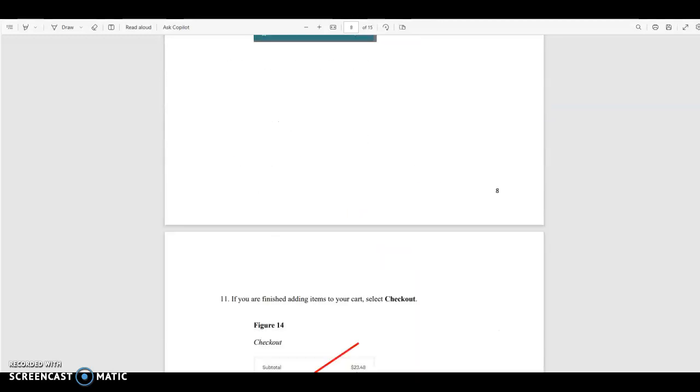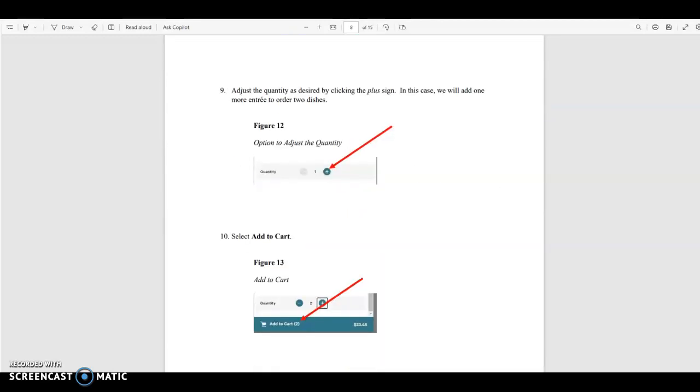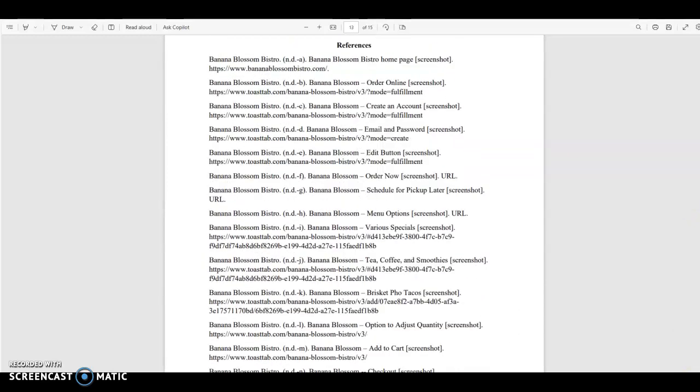Note that in the assignment guidelines, it does say add some notes outside of the steps. For example, if it's a restaurant and they don't take American Express and you're on the pay section, note, we only accept Visa and MasterCard, that kind of thing. And that will attend to the pain points for a user like in running assignment 1. The personas where I think our second user would want to use American Express, so that user wouldn't be able to. So that user would have to rethink their